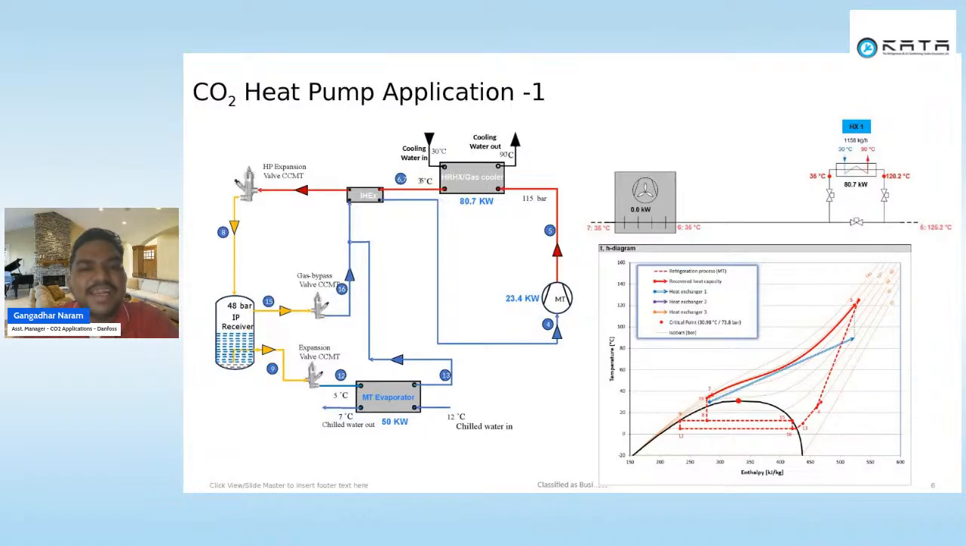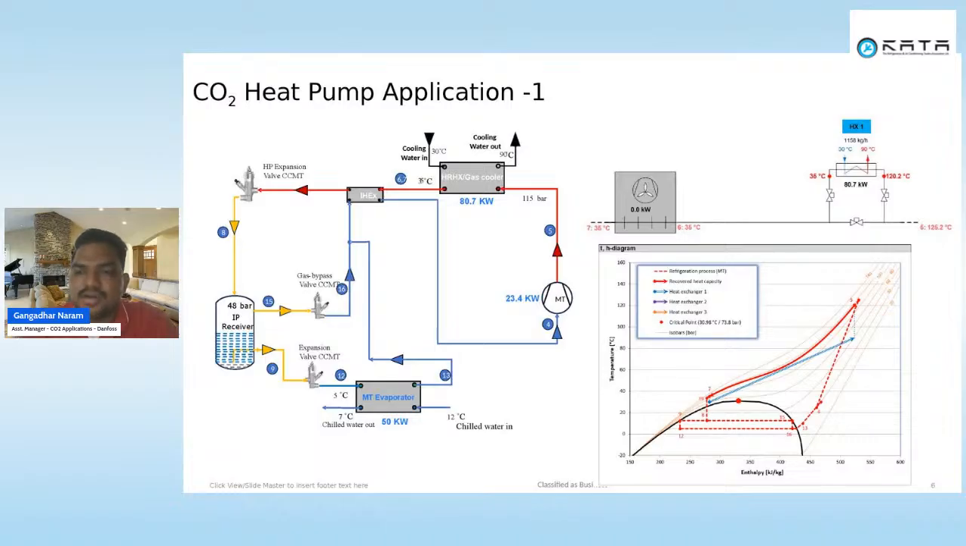That water is entering at 30 degrees centigrade. Similarly, I can get 90 degrees hot water temperature in a single pass in a heat exchanger. That is way more possible with CO2. Why? Because if we look at the pressure enthalpy or temperature enthalpy chart, in this temperature enthalpy chart, the red line, this is the